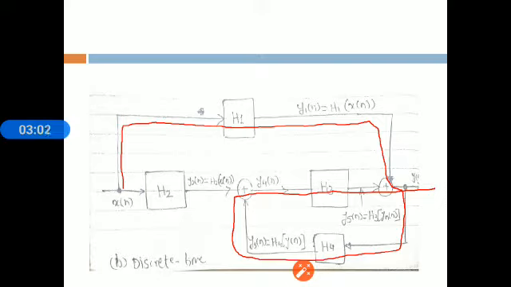After Y1 is produced, it gives input to H4 and then H4 produces the output Y3. Then Y2 and Y3 are connected. Y2 and Y3 are joined or accumulated and the Y4 result is generated. And finally, after H3, the Y5 result is generated. So these are different ways to show the system using a block diagram.